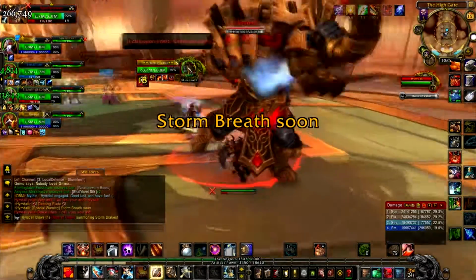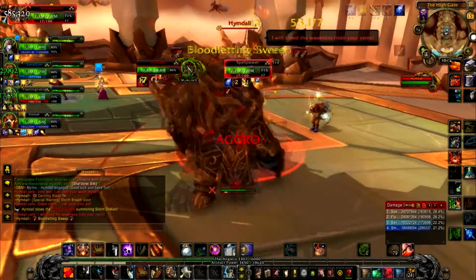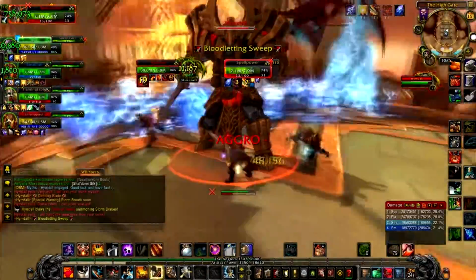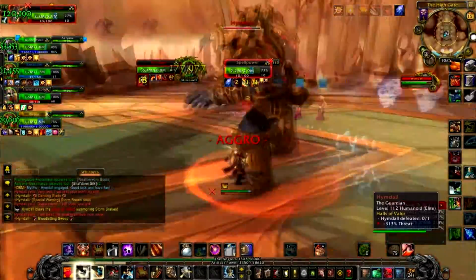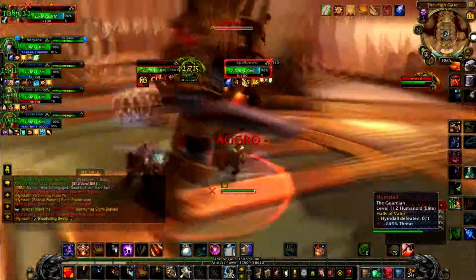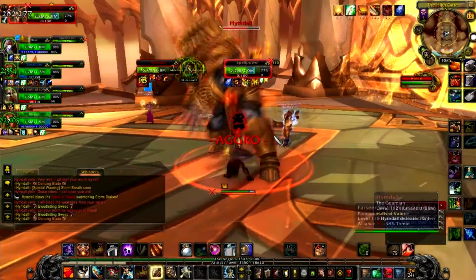Now, what's really special about him and different in Mythic mode is the Storm Breaths also release these tornadoes that you see here. You do need to dodge them. They do heavy damage. Now, according to what percentage Hymdall is at, that's how many drakes he will summon. So 75 to 100% health is just 1 drake, 75 to 50% health is 2 drakes, and 50% and below